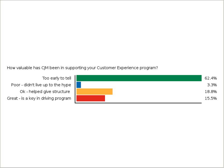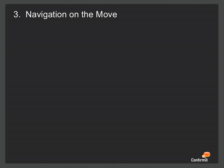So, keep the faith. And so many people are early in their journey that it's not surprising that it's too early to tell. But it's great to see that those that are getting into using customer journey mapping are really seeing that it's giving structure and driving the program forward. That's really good. So our third and final section was really to talk about this piece around